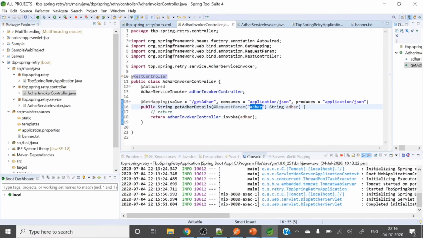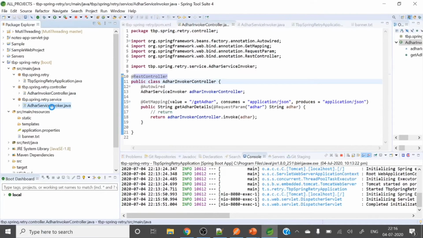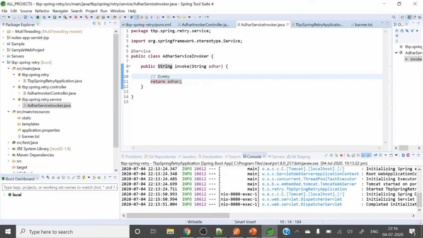So here we go, in that service class. Here we want to provide those annotations. So what are those annotations? Suppose this method you want to retry, I mean here only we are invoking the third party API, right? So if it fails here, maybe we can apply the retry here.